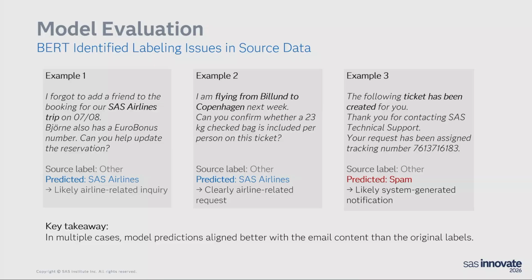This email is likely generated by our system, so it's not the real first inbound email from the customer. And in the new production environment with ServiceNow, this is not going to happen. We're not going to have this type of process. So what I discovered is the model started to find human errors, the labeling errors in the data, and that is so impressive. I didn't really expect that.